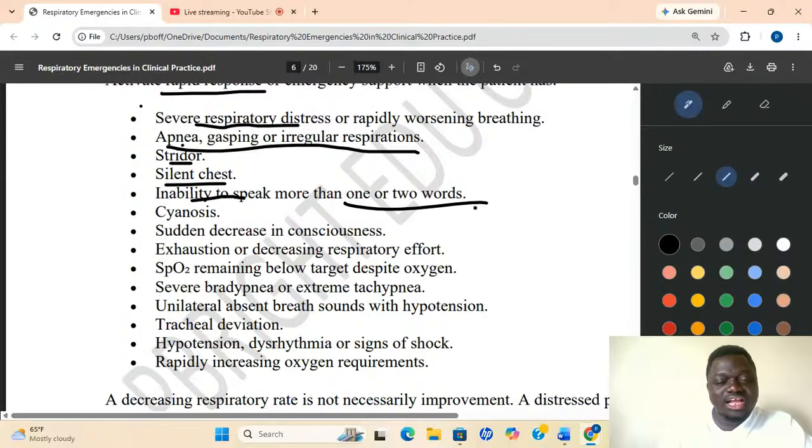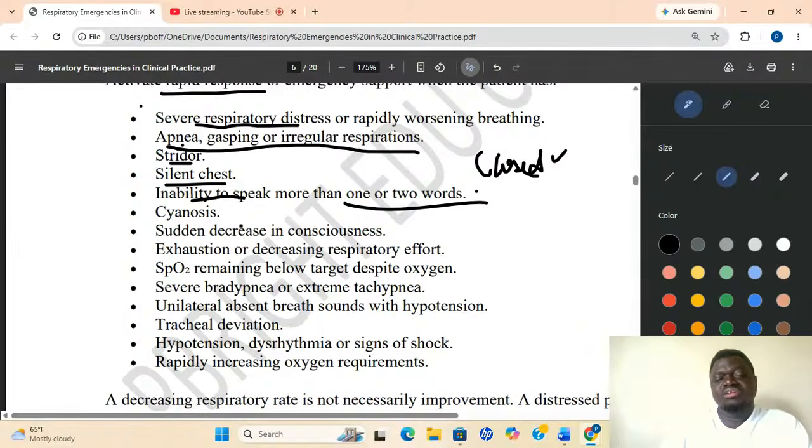So if an asthmatic comes to your clinic, don't ask them closed-ended questions. No, we don't do that. Questions that demand yes or no. Are you okay? Yes. Do you live in this town? Yes. Do you live with your parents? Yes. Those are all closed-ended questions. Ask them questions that will make them use one or two or more words. Can you tell me what happened? What were you doing before this incident?